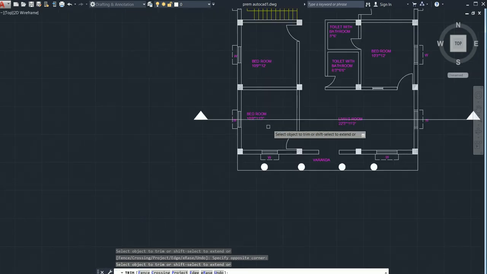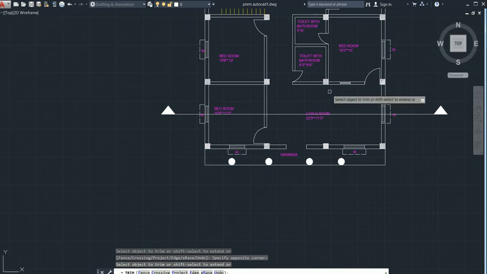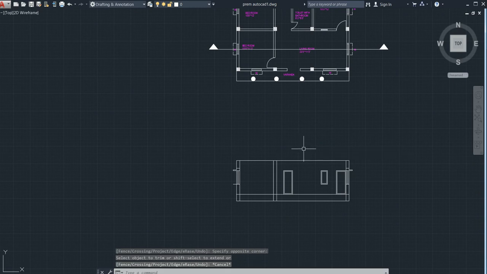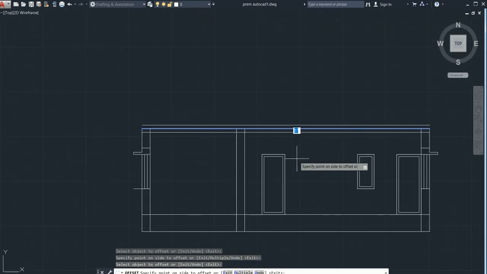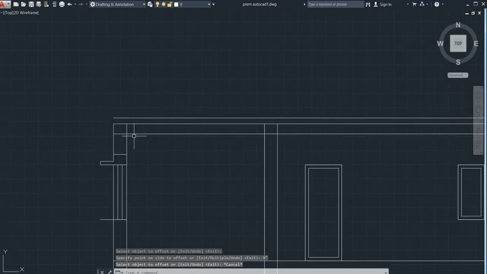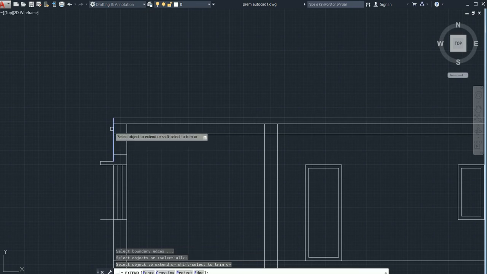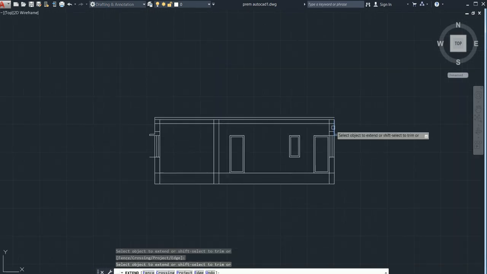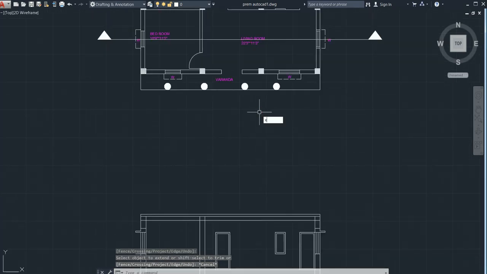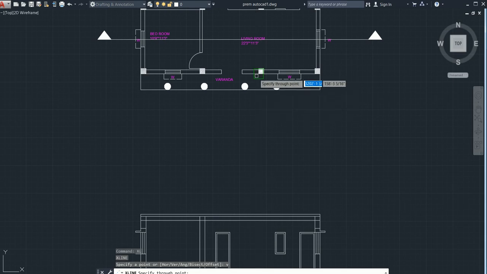After that you can see this wall, but you can't see this, but this wall exists. So go for escape, go for the offset command of 5 inches for slab thickness and 9 inches for beam, escape it, go for the extend command, do it here also, escape it. Now go for Excel plus B enter, do it here also.